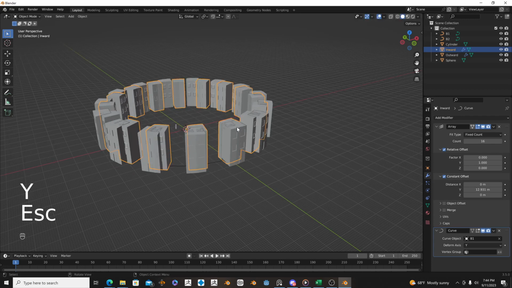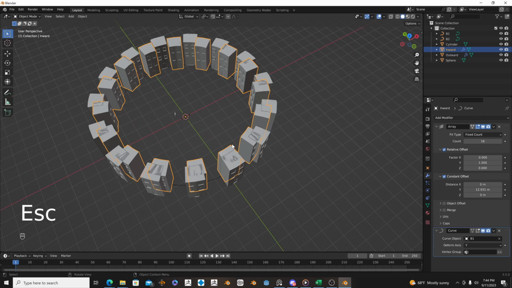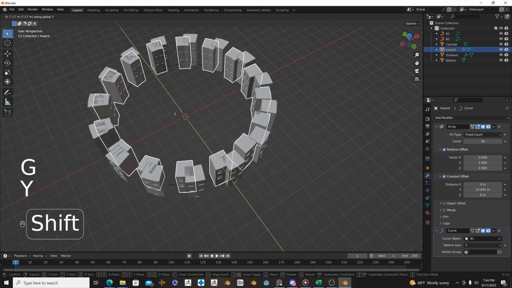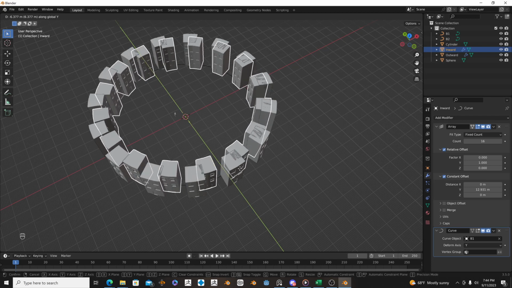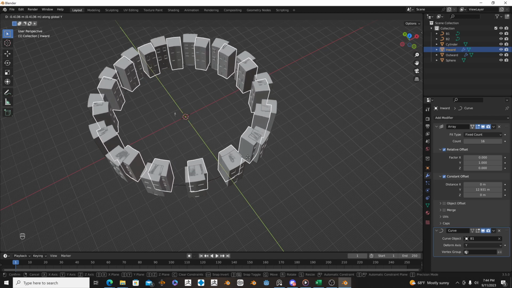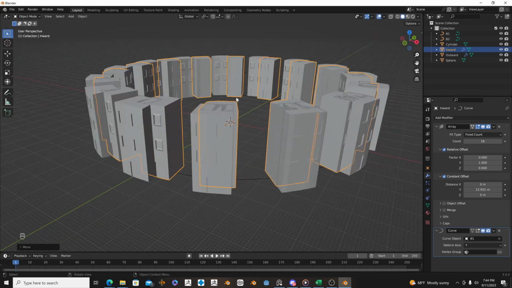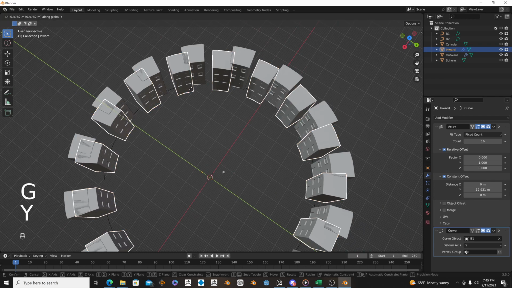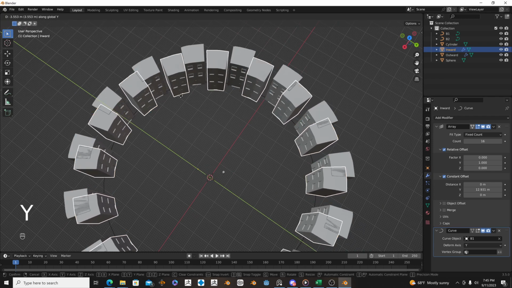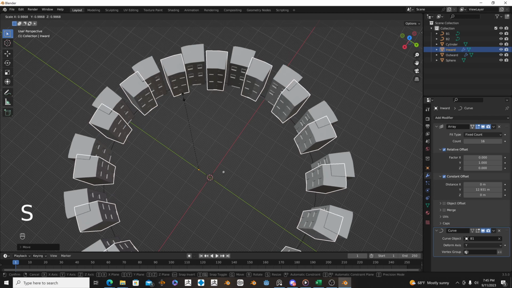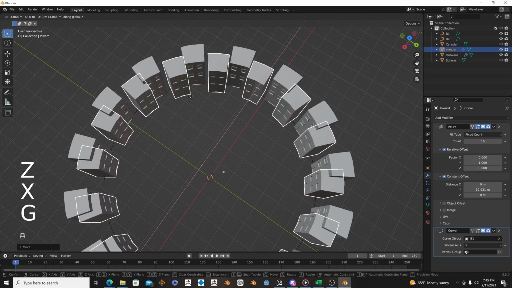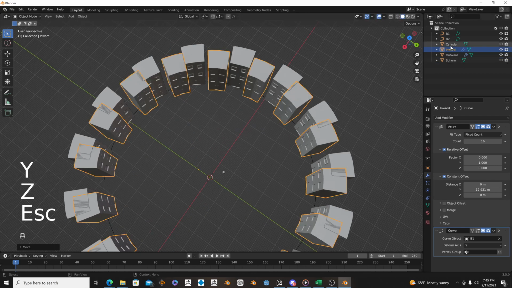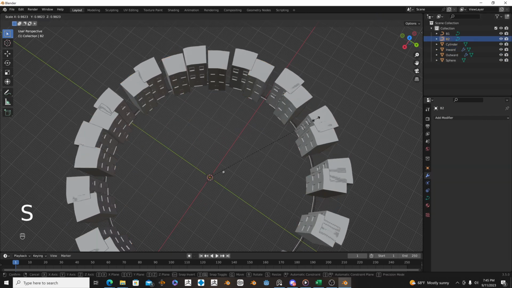Okay, that's the answer. So I take the building and I press G and I'm rotating along the y-axis now. Oh, I see. Okay. Because that's what you're supposed to do. That makes so much sense. Okay. So now the buildings are all overlapping. So G, Y, and get them in the middle. And then to have them fill out that circle,